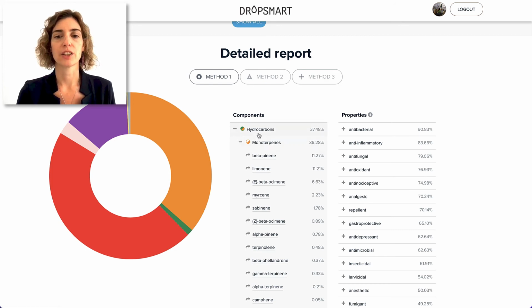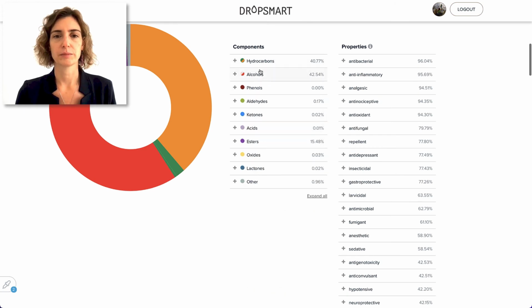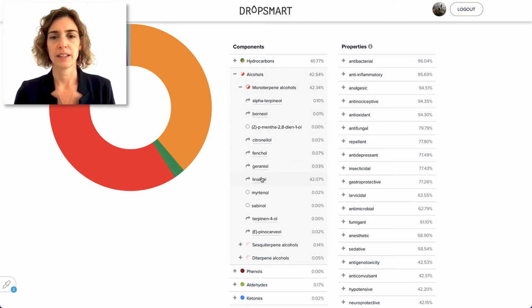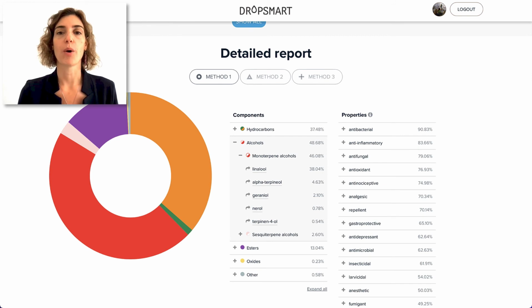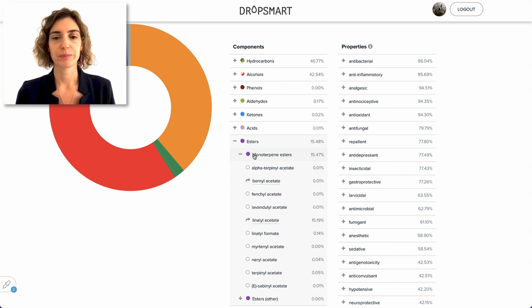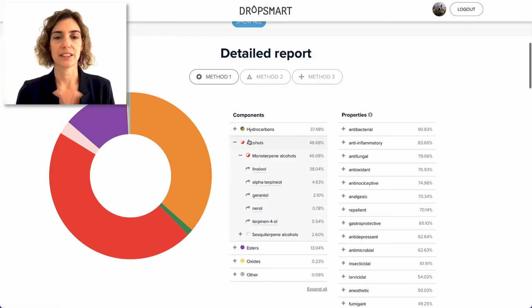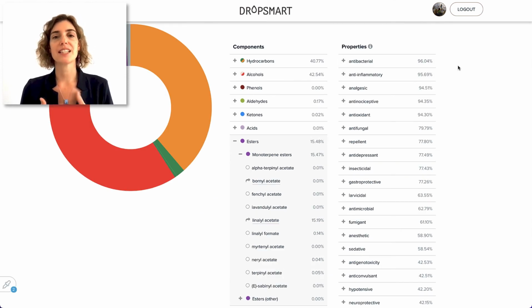Next, we will take a look at linalool. Let's see if we're close with linalool. There we go, over 40%. Here we have less than 40. So again, we have even more of this component in our new blend. And then esters, linalool acetate, here we go, 15%. Excellent. So we covered all 4 of these components, making this a very synergistic, very strong blend, having lots of